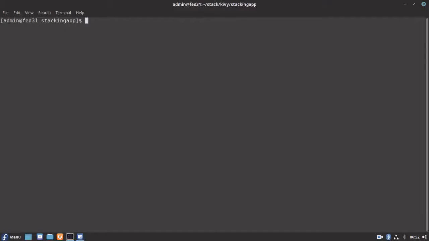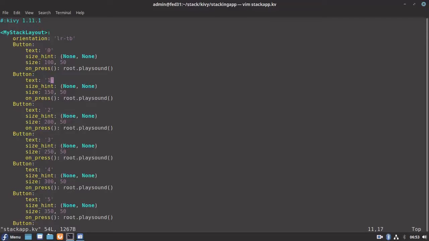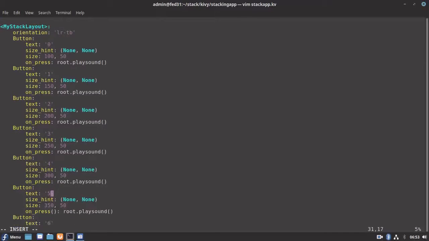Let me check. Let me open my KV file. I think that on press should be without braces. This is only the event. So let me remove the braces here. This is the correct syntax to call a function based on the on press event.